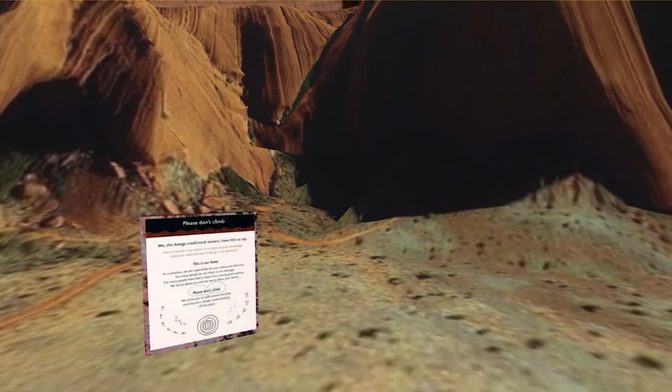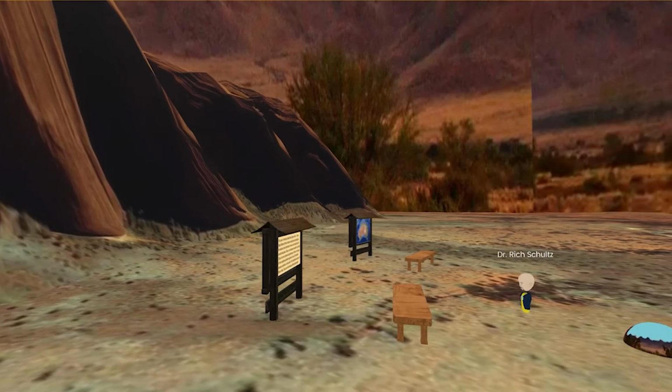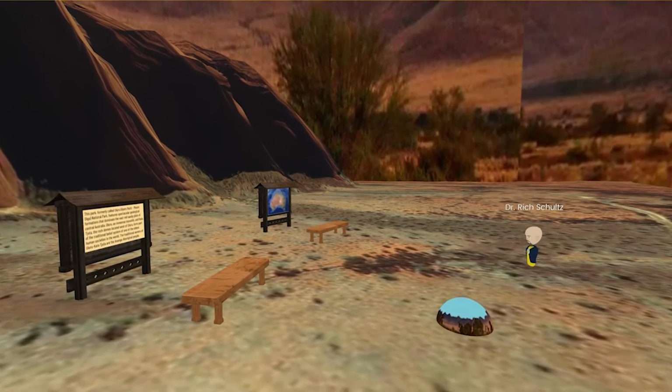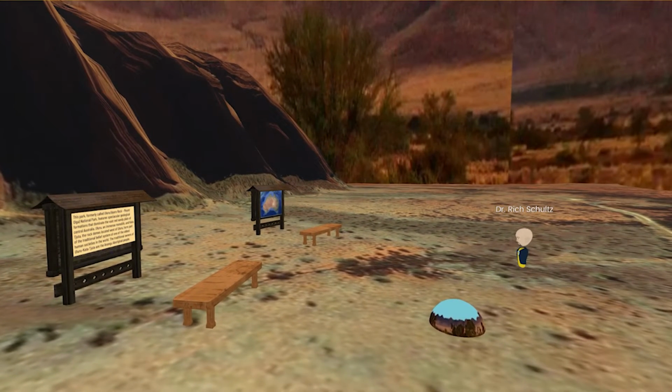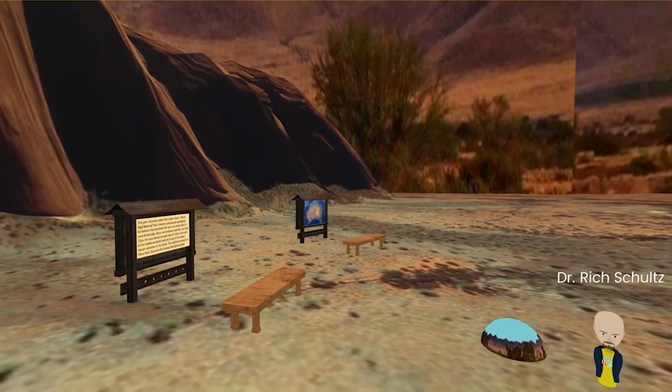So I'm here today with Dr. Schultz, and we're at Uluru, and the traditional owners of the land are the Anangu people, and we're going to be very respectful of that as we move around. But Dr. Schultz, would you be able to come with me as we fly around, being careful not to actually walk on the rock, which is